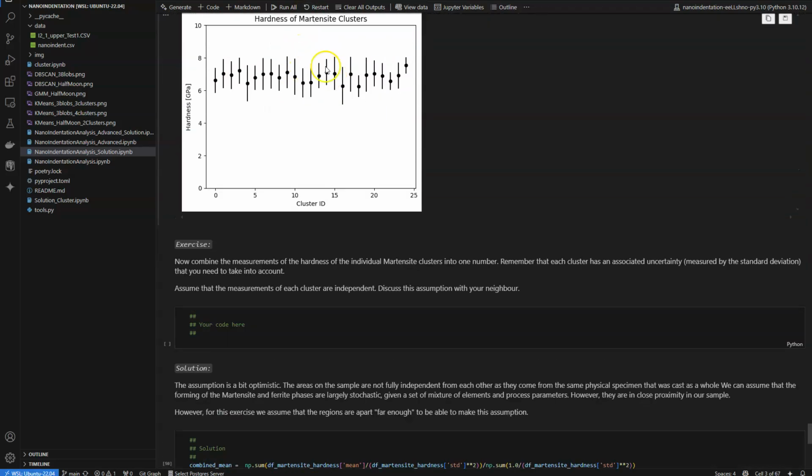Still, we can see that there is no big issue. They scatter around a certain central value. There are some outliers that also reflect the number